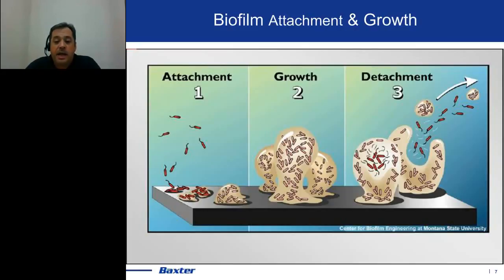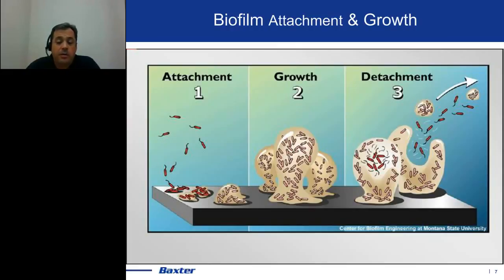If you've been sitting in on some of the earlier biofilm talks, you may have seen figures similar to this. I'm just going to step through it real quickly to talk about what happens in biofilm formation. It happens in a series of stages. Usually there's an early attachment event where free-floating microorganisms attach to the surface. They'll do some early colonization and growth. Given enough time, they'll continue to grow and oftentimes develop much more complicated three-dimensional structures.